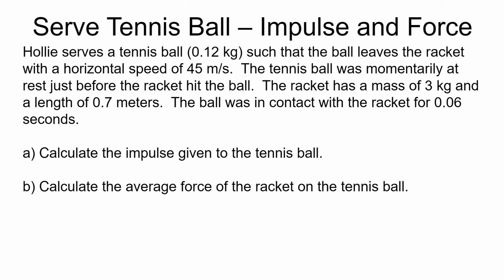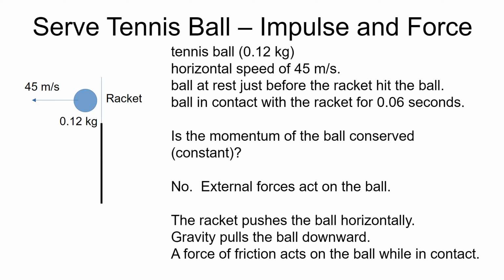Important data here, the ball was in contact with the racket for 0.06 seconds, is what I'm claiming in this problem. So we want to calculate the impulse, then we want to calculate the average force of the racket on the tennis ball. Well, you read through the problem a couple times and you make a simple sketch of what's